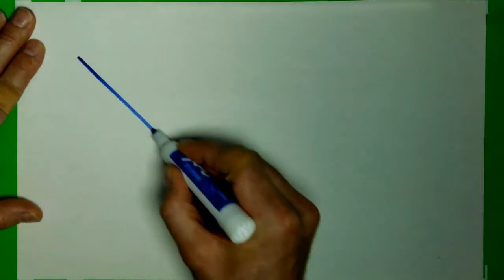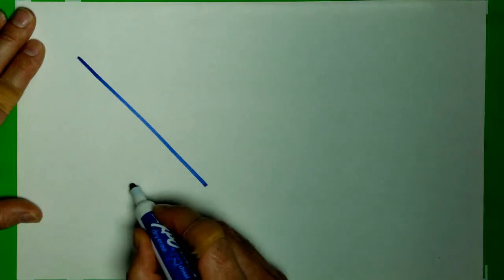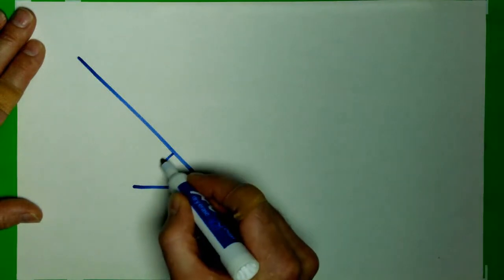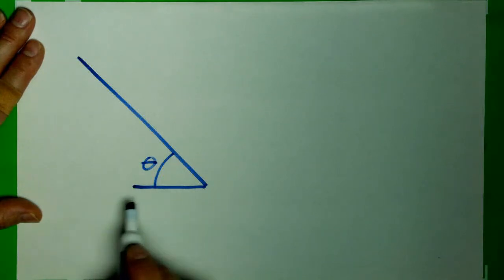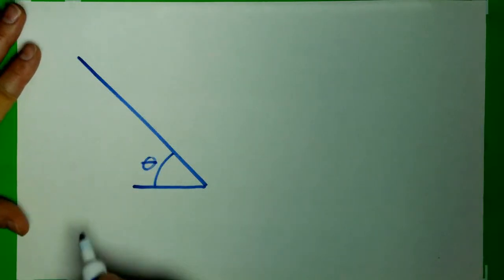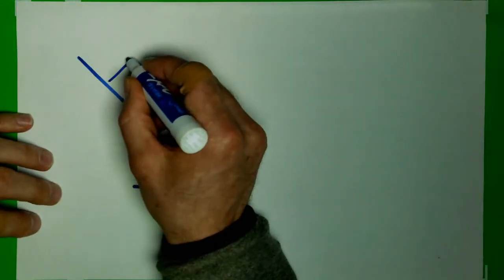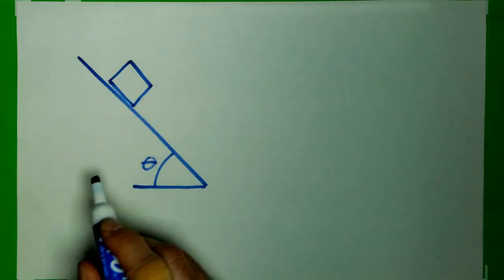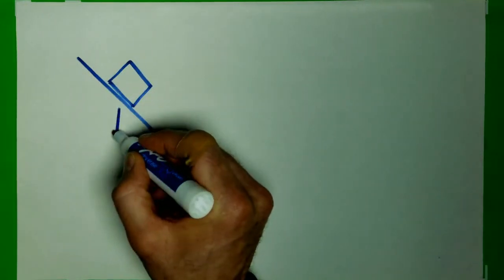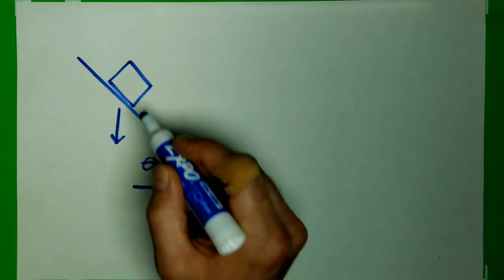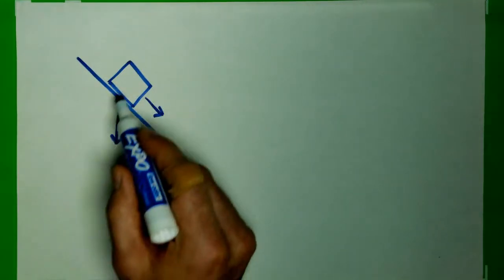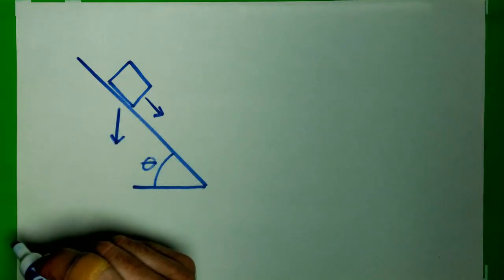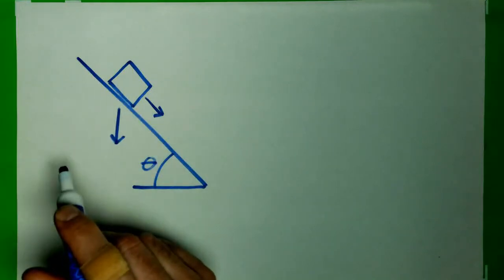If we have an incline that is inclined at an angle theta, that means an angle theta above the horizontal. It's the angle of inclination. And we have an object that is free to slide down that incline, then gravity, which is pointing straight down, will have a part that pulls it down the incline. The other part is pulling it into the incline and does nothing, since the incline is constraining it to move